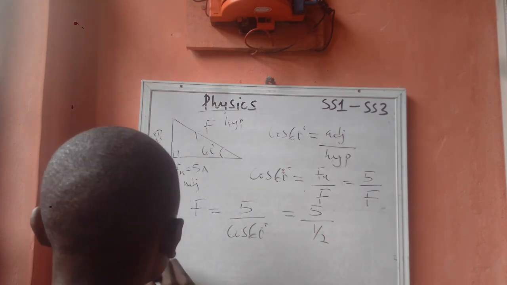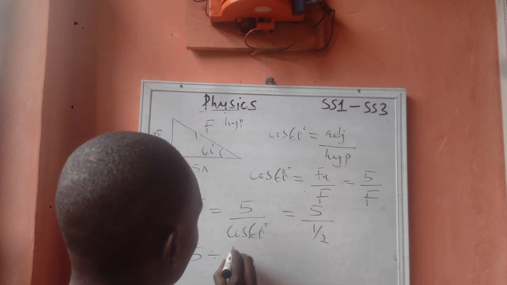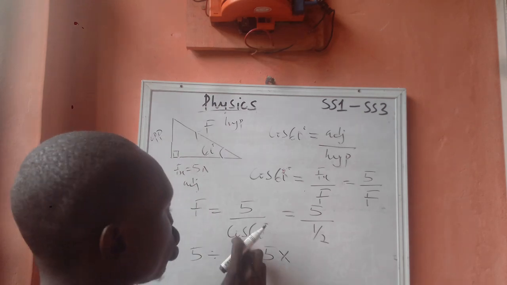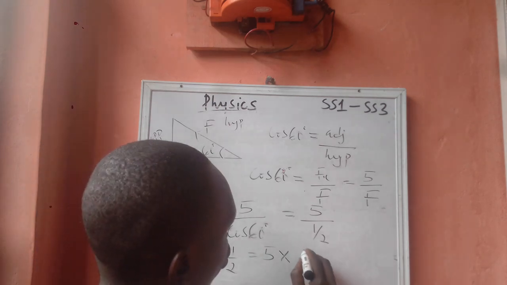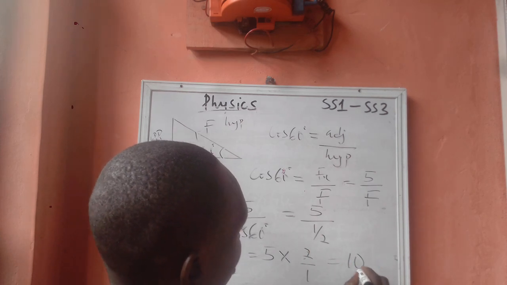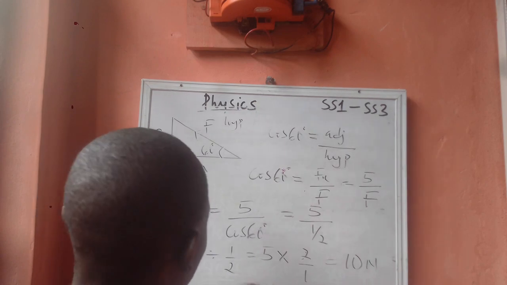So F now equals 5 divided by 1 over 2, which is 5 times 2 over 1, the 2 goes up and the 1 comes down. And 5 times 2 is 10. So if that be the case, that implies